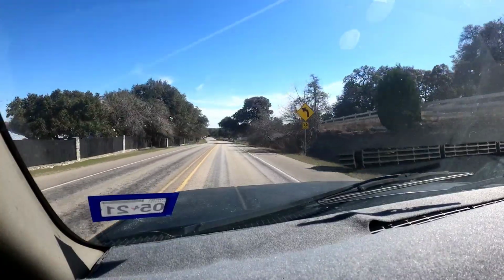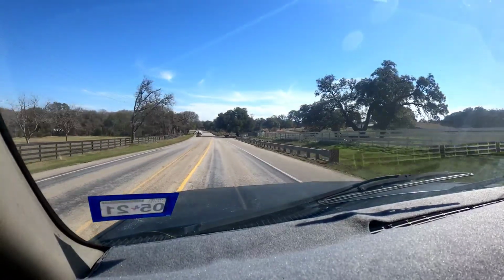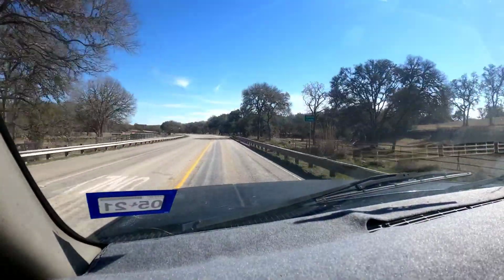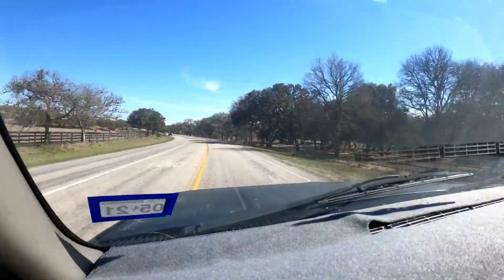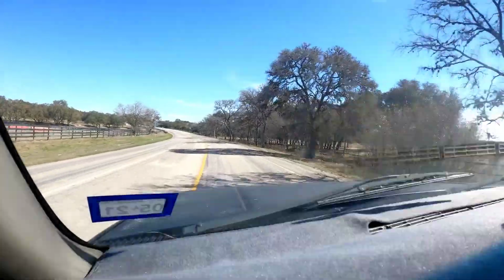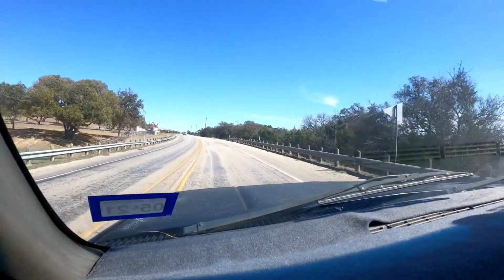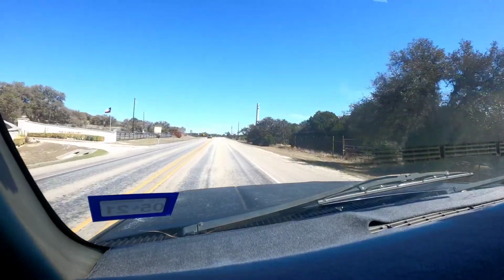But you can see here, like I said, this rolling topography, you really got to go slower. Of course, they warn you, do not pass, don't do this. And you can see these properties, they're really nice out here. So come across through here. This area has a lot of really old live oaks and cedars, and a lot of really interesting trees out this way too. None of the pine trees like you'd see